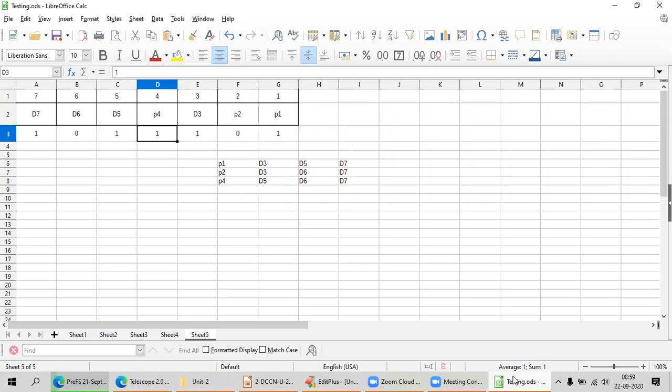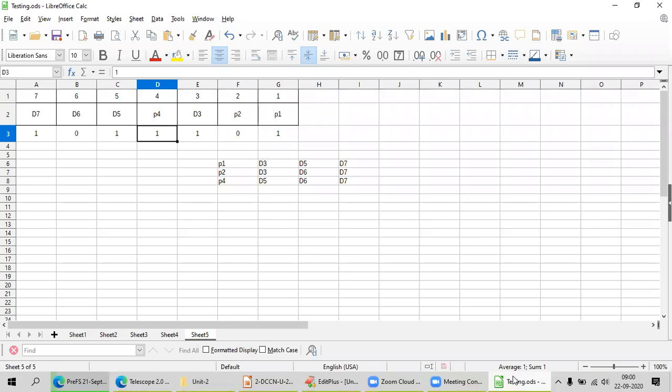If you are increasing, 2 to the power of 3 also you are going to add. D3, D5, D7: 3, 5, 7; 3, 6, 7; 5, 6, 7. You have to remember this and make the code word using this matrix. At the receiver end, they will do the same thing, checking even parity or odd parity, and he is going to add or remove the elements to find out whether there is any error in the message or not.